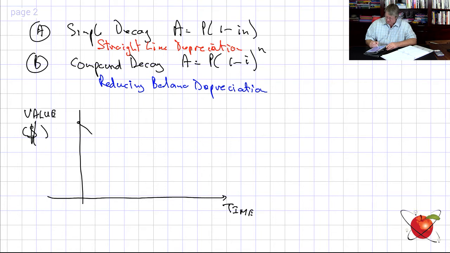And if it's a straight line, it goes down like so, depreciates over time to a zero. Okay, it has no value at a certain period of time. That's its value today, and it depreciates to nothing. That is the straight line method, right? This is straight line